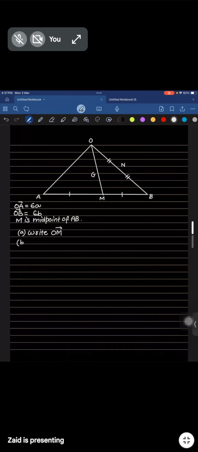And then N is midpoint of OB. G is point on OM such that OG is to GM 2:1. Show that